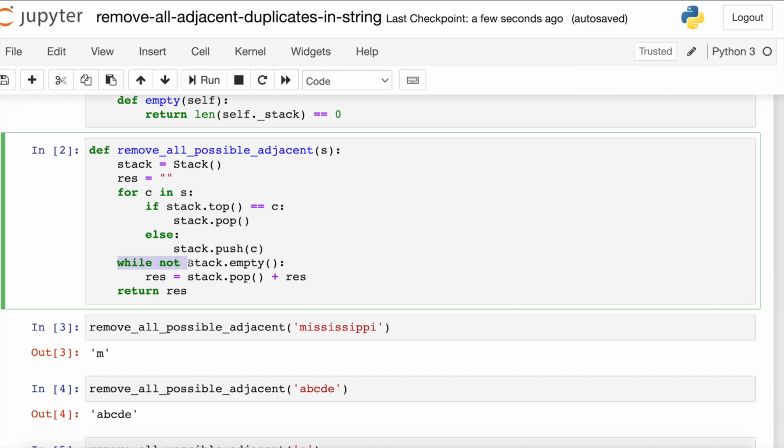Next is the while loop. So we are looping through the whole stack. In the worst case, the stack can be completely filled with all the characters. In the case of all the unique characters, the stack will be completely filled. So the time complexity of this particular block of code will be O of n, given that whatever is inside the while loop is a constant operation, so O of 1 for this particular statement, but it runs for n times, so it is O of n. And then we are basically returning the resultant string, so we can consider this as O of 1 again. And in total, the time complexity is O of n.